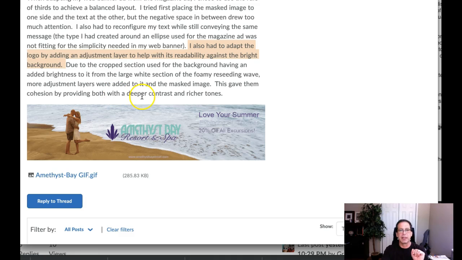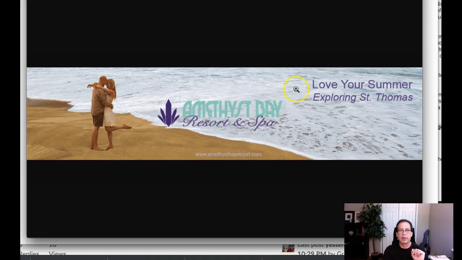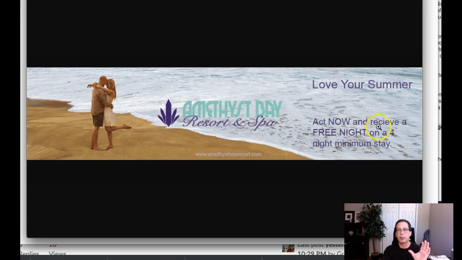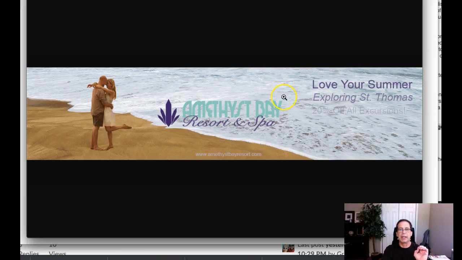Okay, let's go ahead and take a look at the ad. I've got the ad up here now. There's a couple of things. Placing the logo in the center of an ad is highly, highly unusual. I don't recommend it. Just anchoring the logo right here is really not allowing the eye to effectively move through the